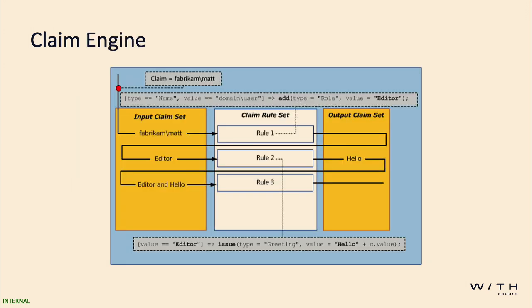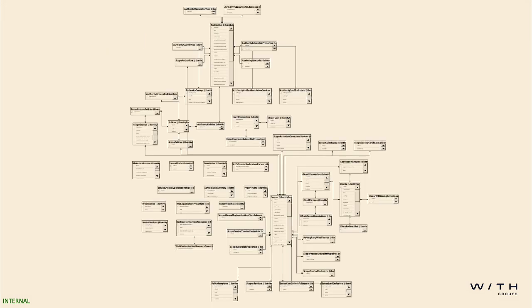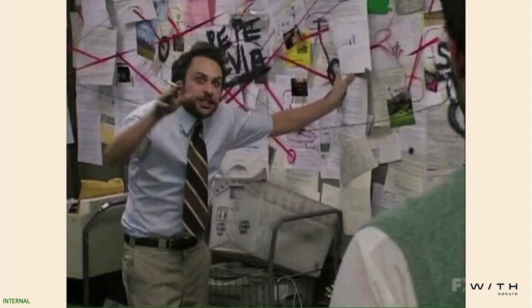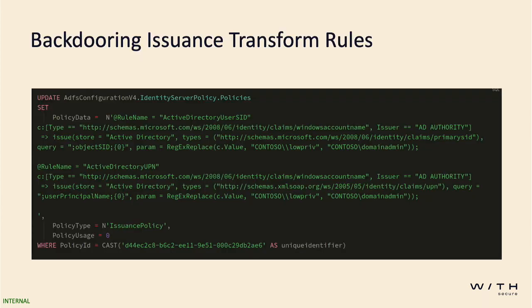As I mentioned before, this claims engine, this process is the trusted component. There are assumptions made that none of the information in here, apart from the parameters that get passed from the user, is untrusted. However, if you can get into this process, then yeah, it's easy to attack. The annoying thing is the schema of the database, when I was trying to figure it out, is absolutely horrible. It's really annoying to figure out. You can monitor what queries get made. However, yeah, it's horrible to figure out.